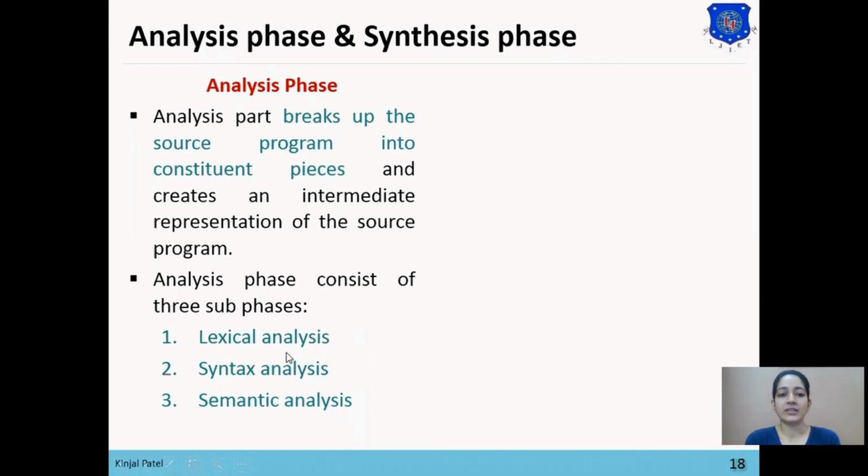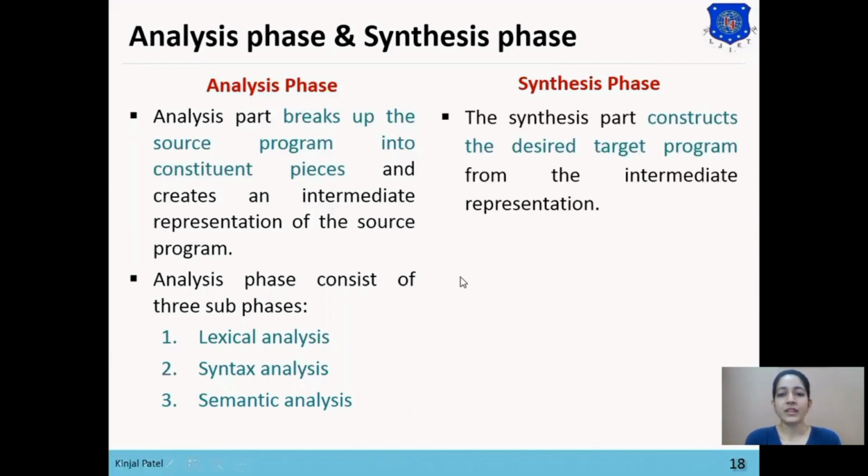Then syntax analysis generates the syntax tree from those tokens, and then semantic analysis finds the meaning of the source program, and all these three phases are used to solve the errors generated by a program. So after solving all the errors, the error-free code is stored in the intermediate representation, and that intermediate representation will be passed to the synthesis phase, and the synthesis phase will convert the intermediate representation into the target program.